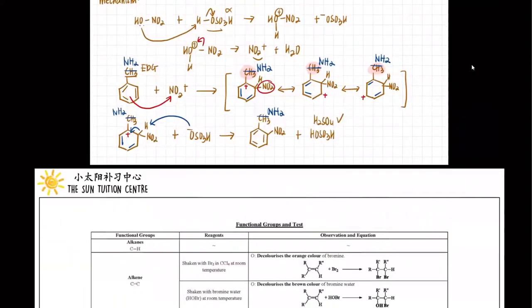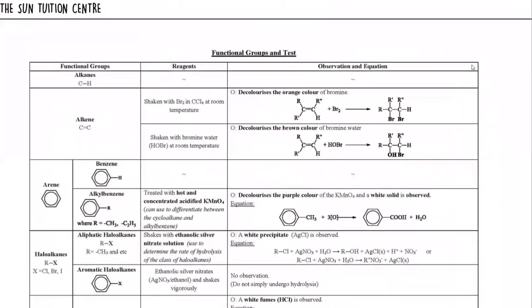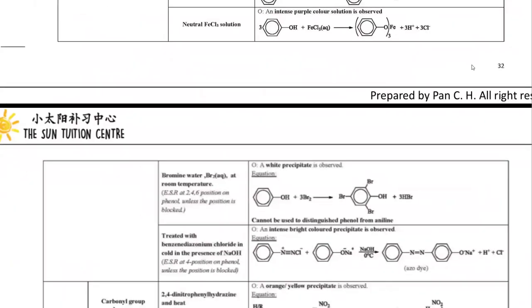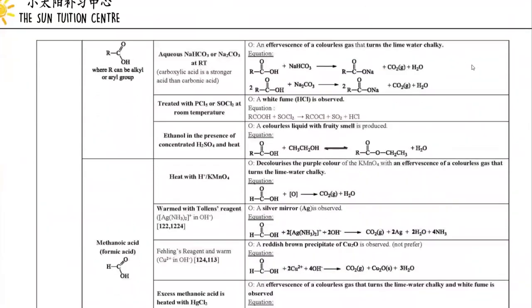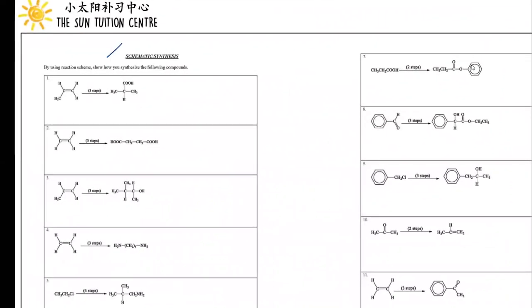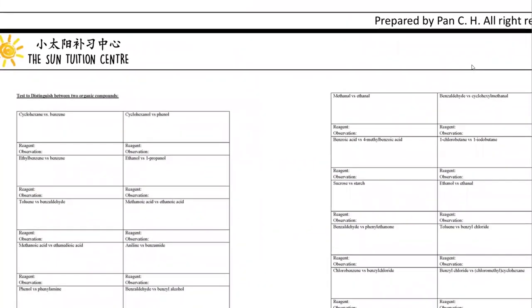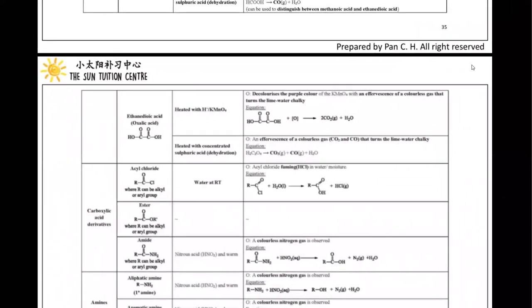And then for tomorrow, we go for functional groups and tests. Tomorrow is just very simple things, but teacher will go through it very fast because you have to read it on your own. I'm not going to discuss every single thing with you. In terms of synthesis, I will focus a little bit tomorrow. We'll go through synthesis products one by one, and also distinguishing, and this equation. After that, tomorrow is Monday, so after Monday we'll go for